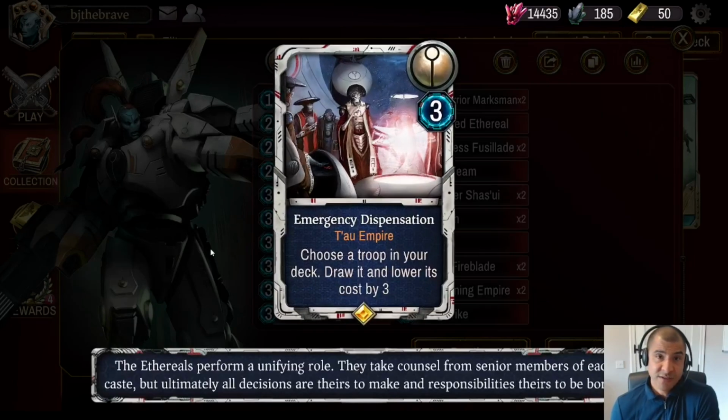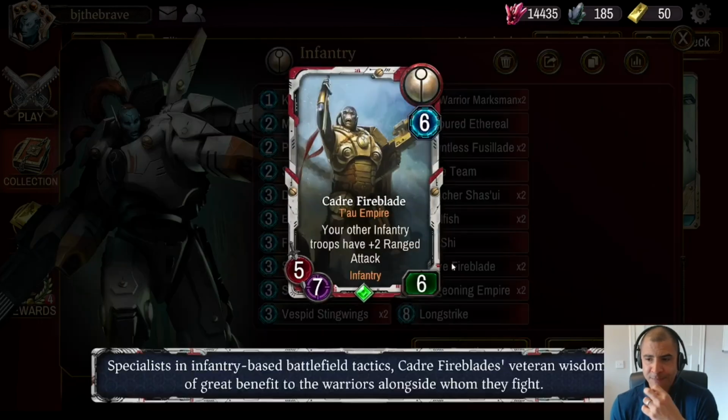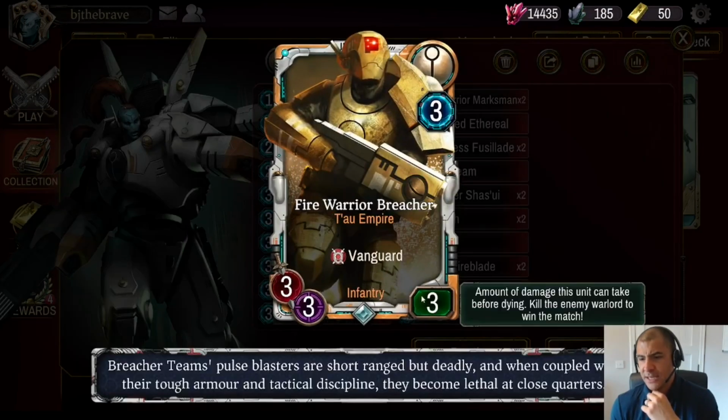Emergency Dispensation, because what Tau deck doesn't run this card? Like, you know, superb at just finding what we need. And again, do we need a Vanguard? Well, we can look for the Fire Warrior Breacher. That's one of the reasons why this card's in the deck, because the Vanguard's quite important, but also it's an infantry, and we do run Kidare Fireblade, so obviously getting that +2 range attack means that our Fire Warrior Breachers can end up being